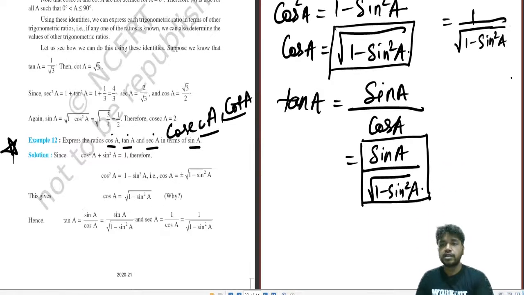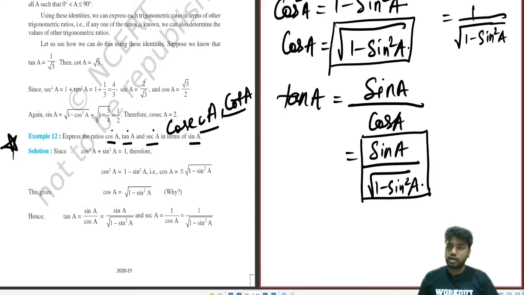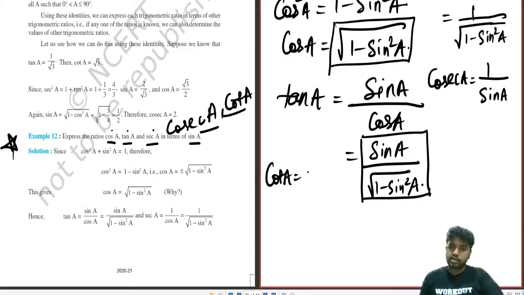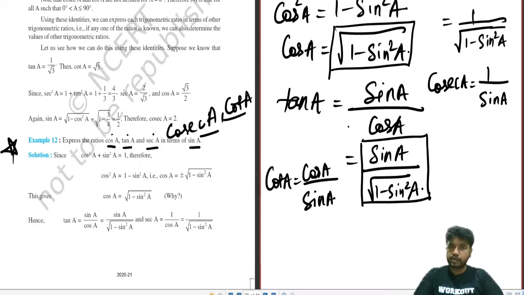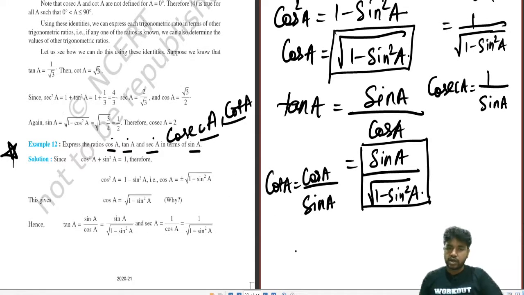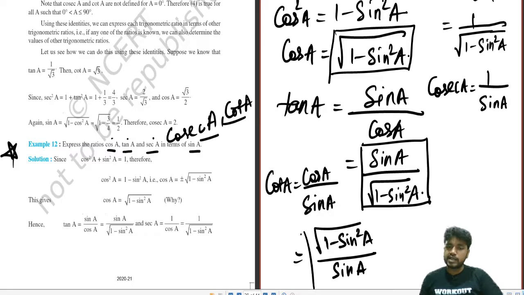Now we'll move further with cosec and cot. The easiest of all is cosec A in terms of sin A. We can reverse it, so it will not be a tedious job. Moving on further with the last one, cot A. Cot A is equal to cos A by sin A. I am doing it this way so that you can look at everything on one page. Cos A by sin A. So cos A is the square root of 1 minus sin square A, and sin A will be sin A. So all these answers are of all the trigonometric terms, but represented only in the language of sin A.